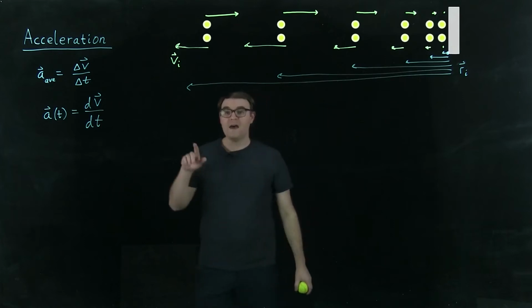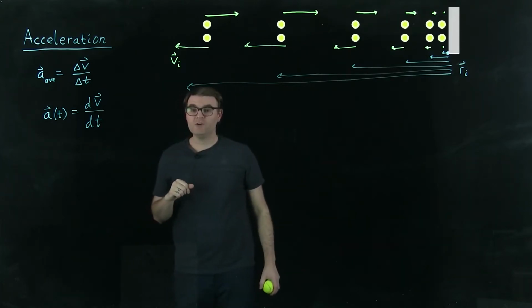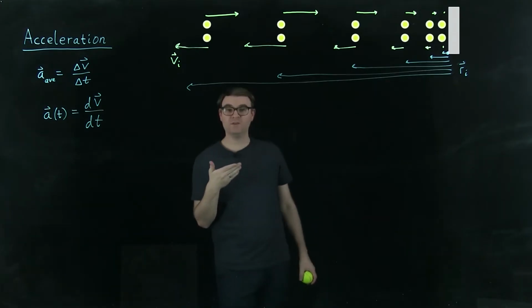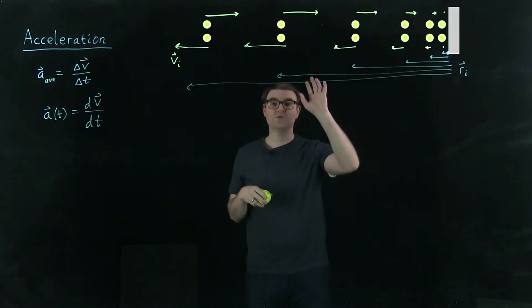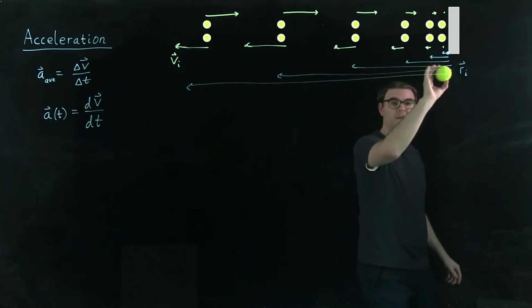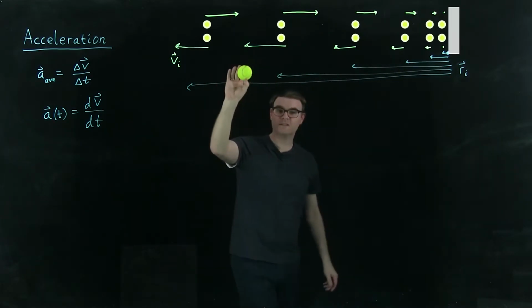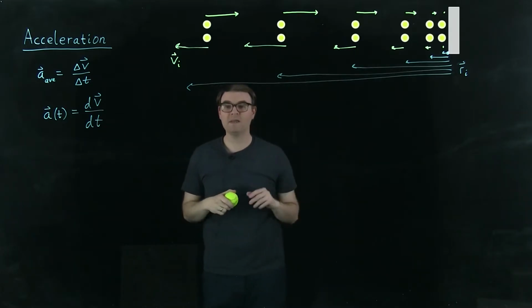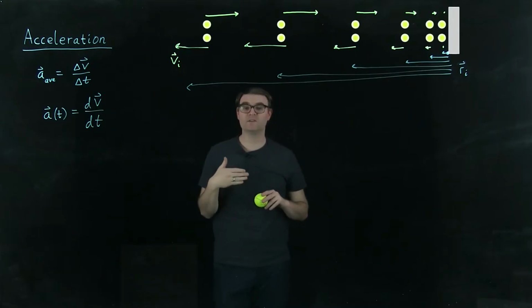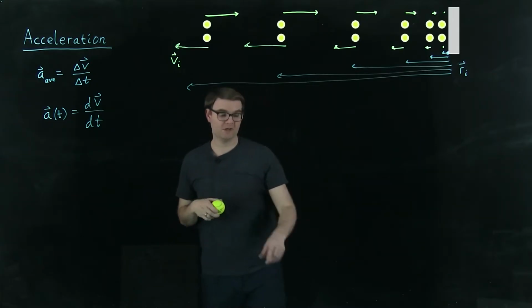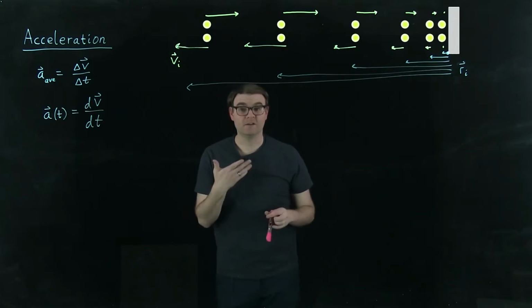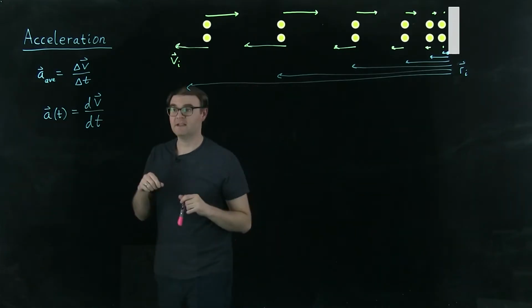All right, so now that we have a definition for acceleration, we're going to go ahead and try to use it to understand a basic situation. So I've drawn a strobe diagram here for a ball rolling across a table, hitting a wall, and bouncing back across the table. And I've already populated my diagram with position and velocity vectors like you might expect from a motion diagram. And what I want to fill in now are the acceleration vectors to flesh out this diagram